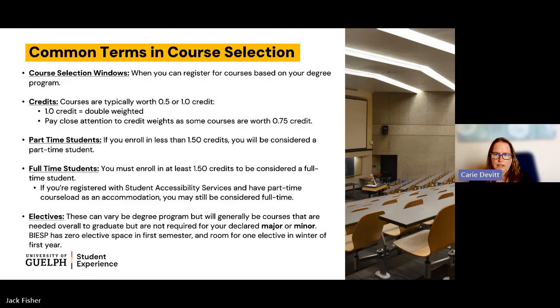I always use jazz hands for free electives because it can be whatever subject area, whatever level. You'll see when you're looking at the registration guide, which I'll talk about a bit more in a few minutes, that in winter semester of first year, you have room for one 0.5 credit free elective. Can be whatever you want. So you can move into the restricted elective section, find something there, or you can just look at other courses